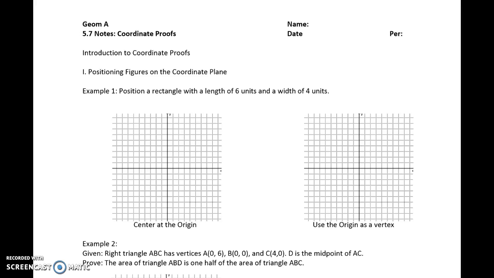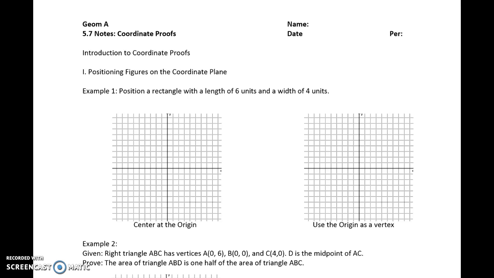So in this lesson, we're going to focus on how to deal with figures in the coordinate plane and do some coordinate proofs, which are going to basically be like that problem that we did way back on the notes on SAS and SSS when we were looking at proving triangles congruent using your distance formula, etc. Okay, so if we take a look at the first example,